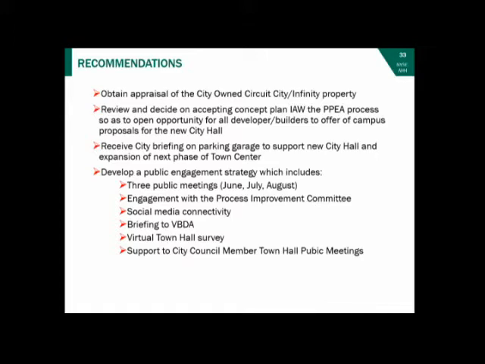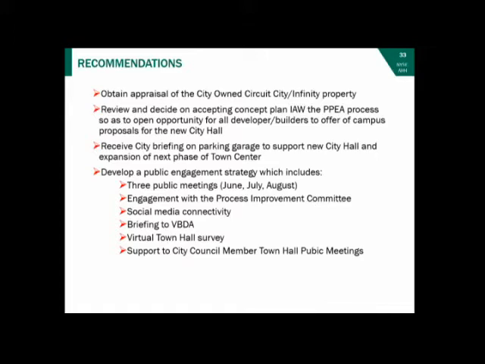And if you accept the concept going forward in the weeks to come, it will open up a 60-day window for other concepts to be put together and submitted for consideration as other alternative courses of action for you to contemplate. We've got to work on the parking garage and the TIF analysis and to talk about what we've done in the past, what we might do going forward. And then finally,